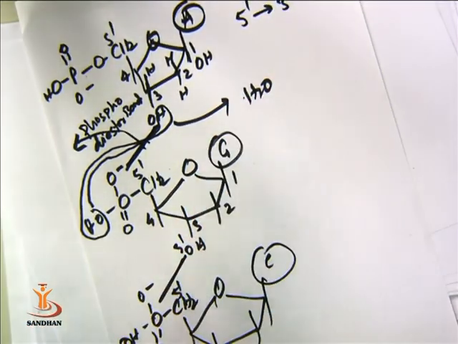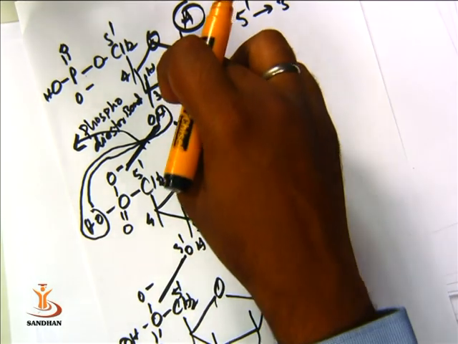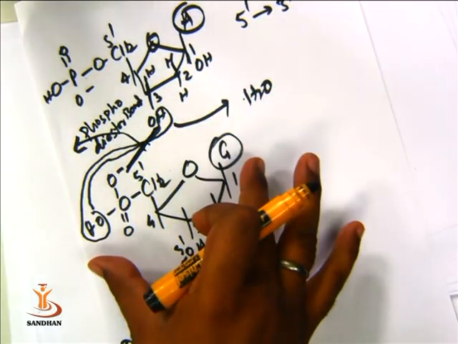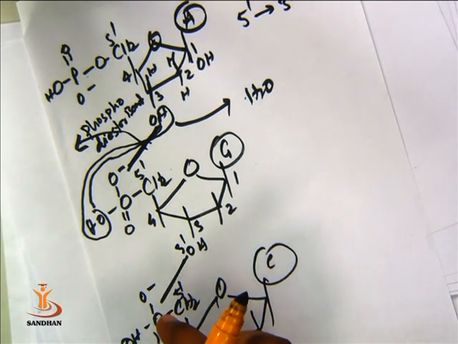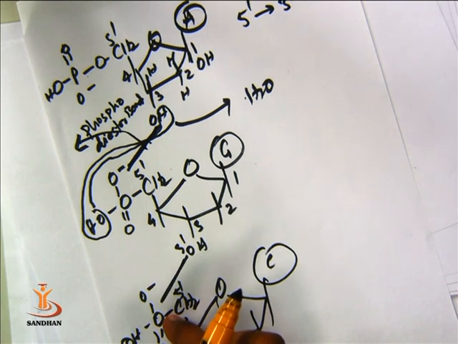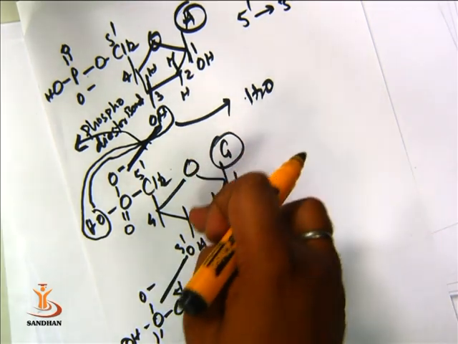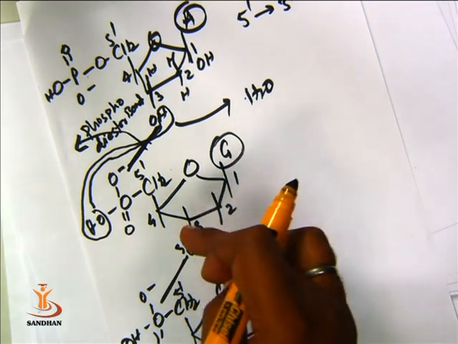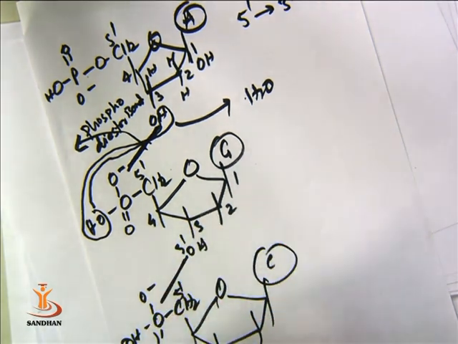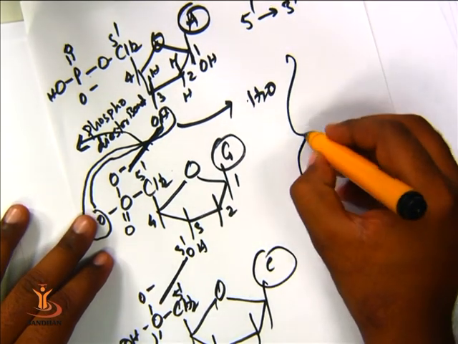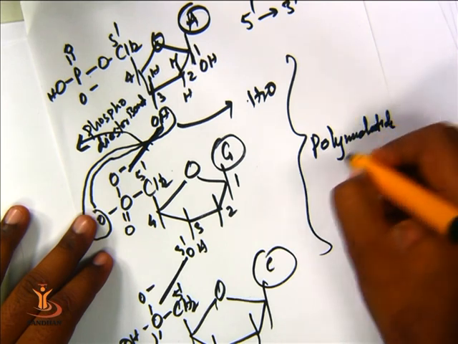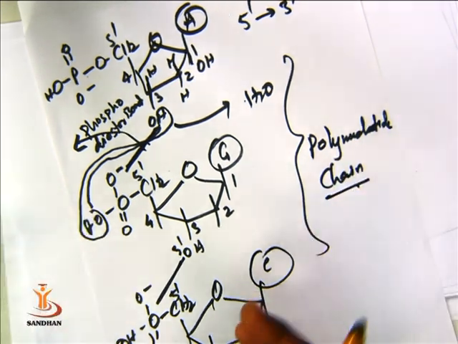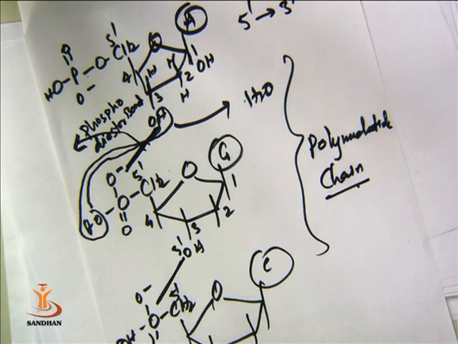So similarly, when we study the bonding in the DNA, each and every single monomeric nucleotide comes to bind together with the fifth carbon phosphoric acid group and the third carbon of another nucleotide. So they will make 5', 3', 5', 3' bonding in the DNA, and this is called a polynucleotide chain. So this was how a phosphodiester bond forms between more than one nucleotide in the DNA structure or